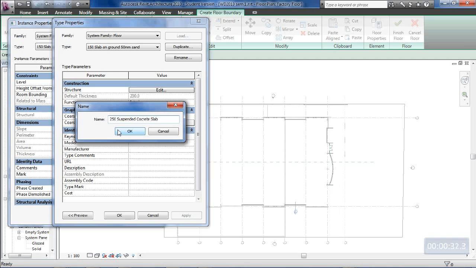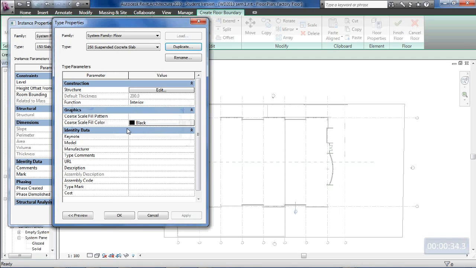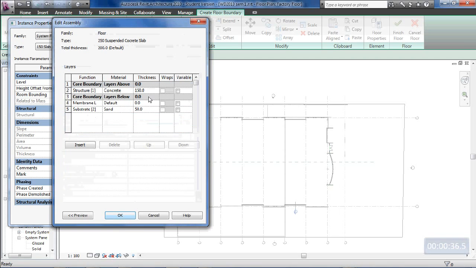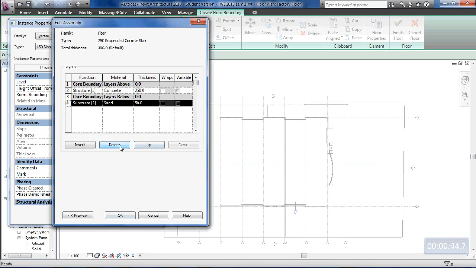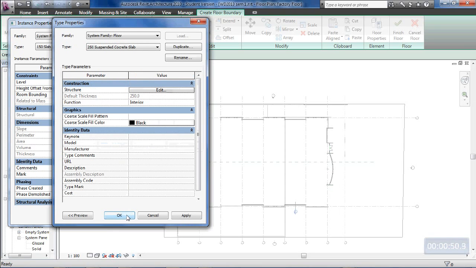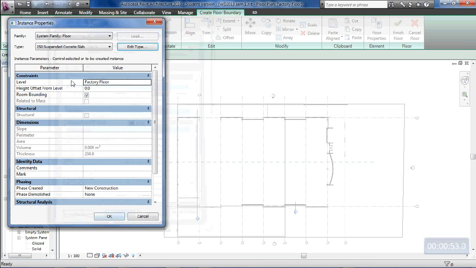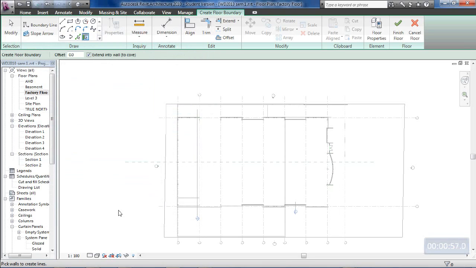something like that. So I'll just edit the structure of that, and it will have a thickness of 250mm of concrete, and there won't be any membrane layer, so I can delete that layer, and there won't be any sand substrate layer, so I'll delete that layer as well, and click OK. And OK. Now the level is factory floor, and the height offset from the level is 0, so we go OK to that. Using my pick line tool with an offset of 300 to the back of the building,